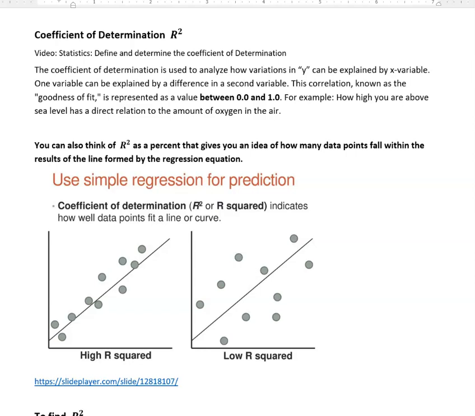Hi, it's Carly McAvoy. I wanted to do a brief video to explain the coefficient of determination, which we note with capital R squared. That coefficient of determination is used to analyze how variations in y can be explained by